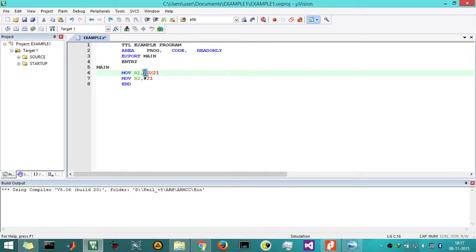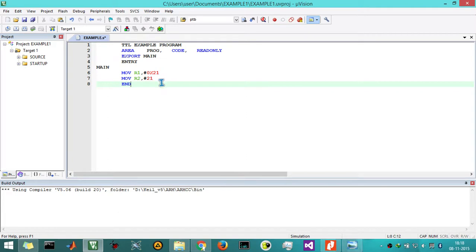The hash indicates the immediate addressing mode, whereas 0x before a number indicates that 21 is a hexadecimal number. So 0x21 will make R1 be loaded with the number 21H, and in this case R2 is loaded with 21 decimal. That means decimal number 21 is converted to hexadecimal, that is 15 in hex, 0x15, and that is loaded to R2, and END.